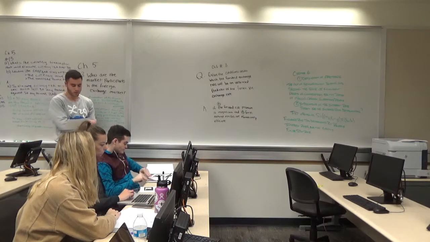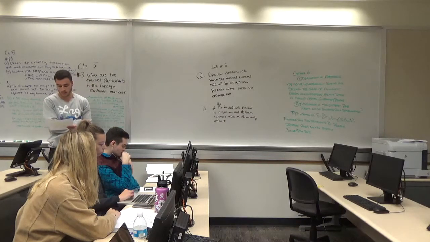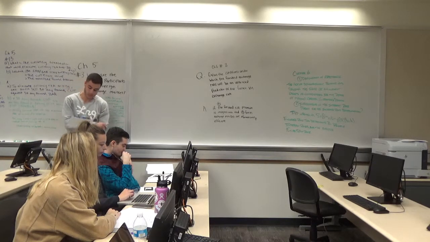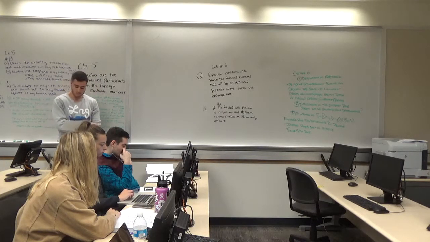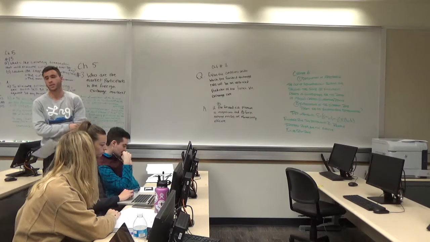And the fourth one is foreign exchange brokers. They match dealer orders to buy and sell currencies for a fee, but do not take a position themselves. And lastly, central banks. They sometimes intervene in the foreign exchange market and attempt to influence the price of their currency against that of a major trading partner or a country that it fixes its currency against.